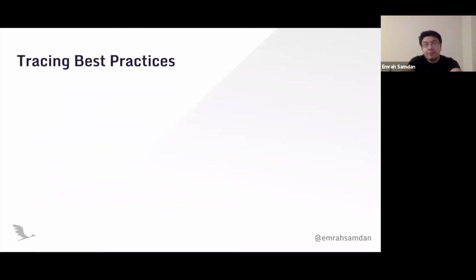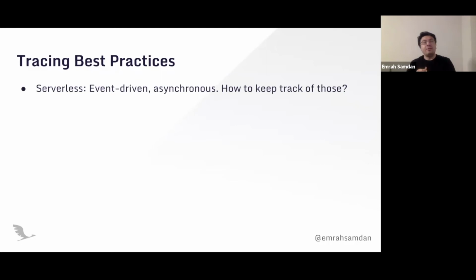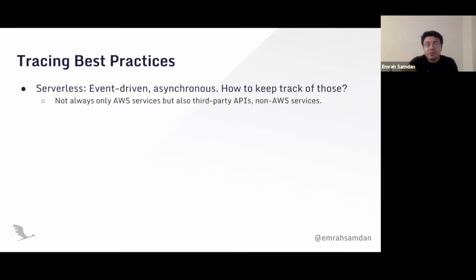And now it comes to the hardest but the funniest part of the serverless observability pillars: tracing. Serverless is actually not a function only. It's a function calling another function asynchronously, and you remember the Charizard, you have such an architecture. In order to keep track of that, you need to have traces.